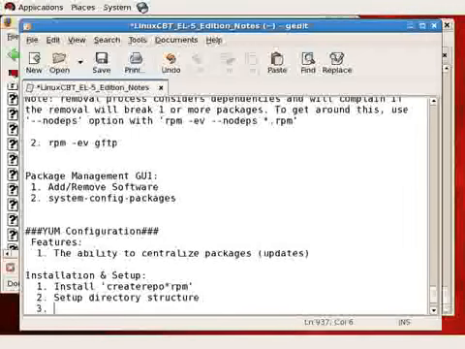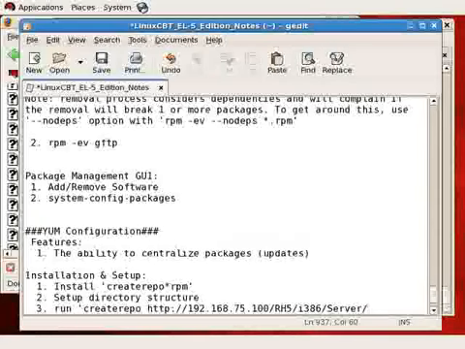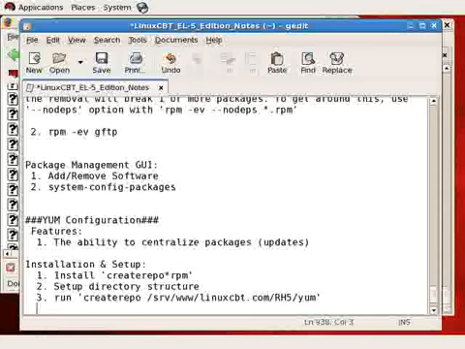The third step is to run createrepo against that directory structure, which should still be in memory, and it is not, so only a portion of it is, and that is /srv/www.linuxcbt.com/rh5/yum. Once the metadata has been created, we'll publish the Yum repository